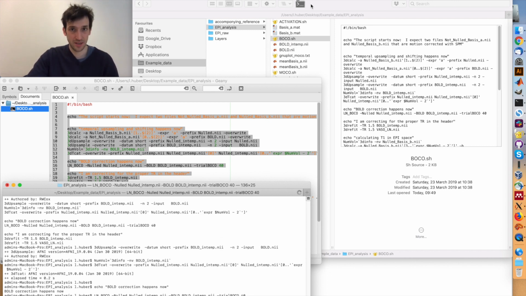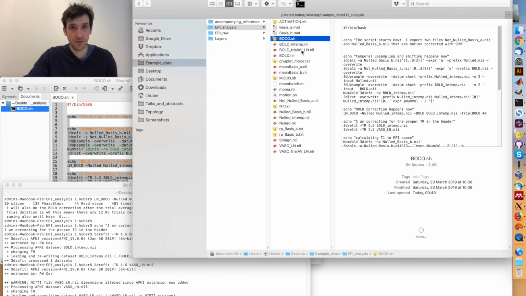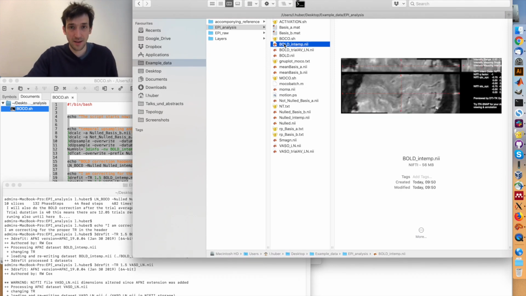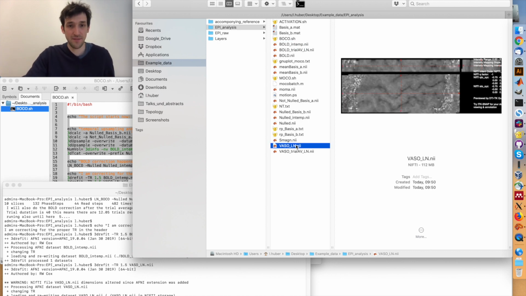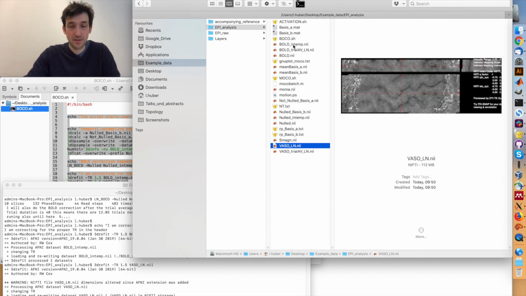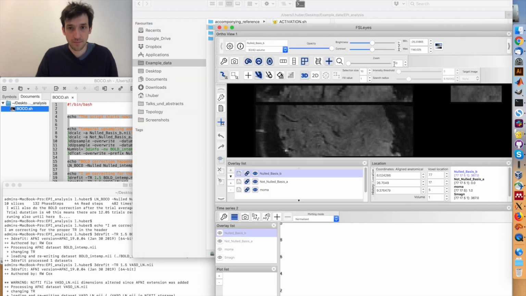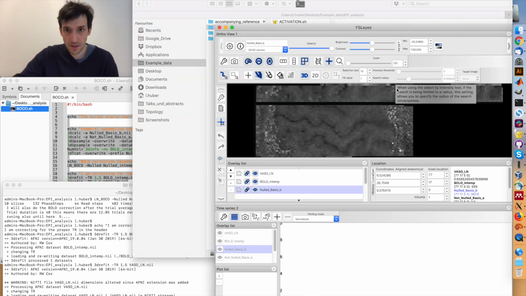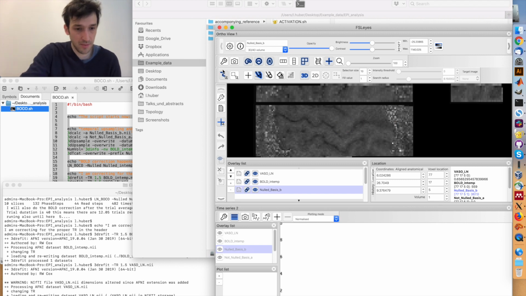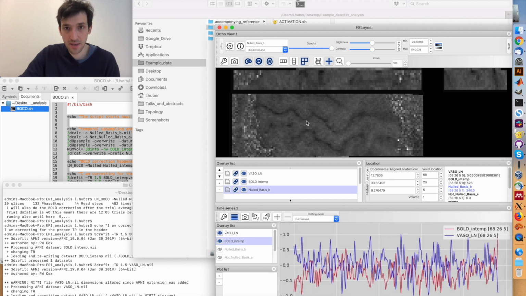Then we can see what it gives us. You can already see that we have a nice clean BOLD time series without all these zeros, and we already have this VASO time series here. So maybe let's look at them real quick in FSLeyes. Right here, maybe we go out of the edit mode. You can see that we don't have any time series. So here we have